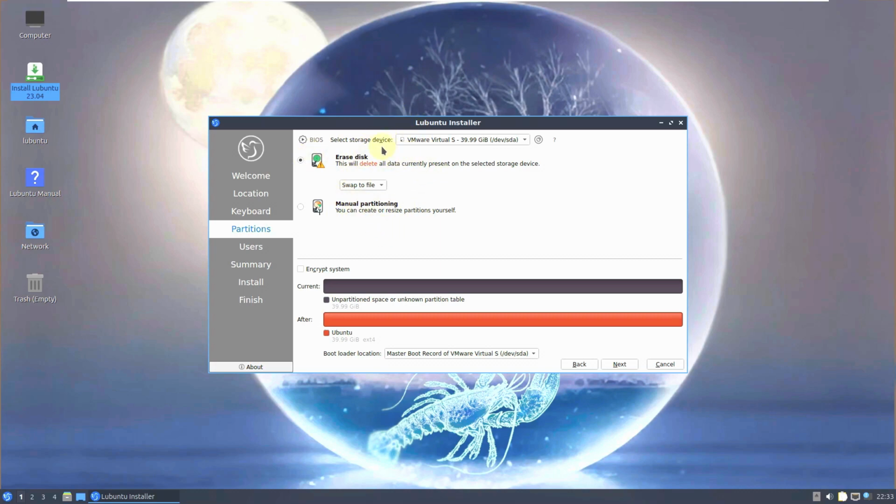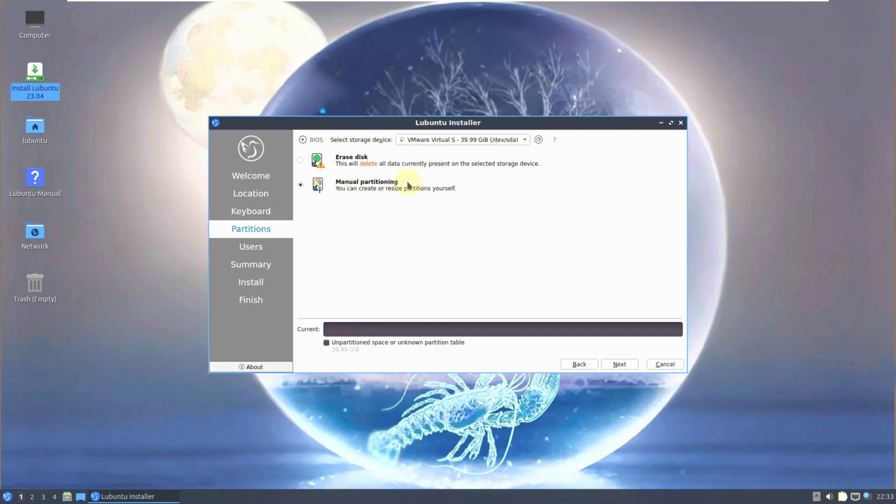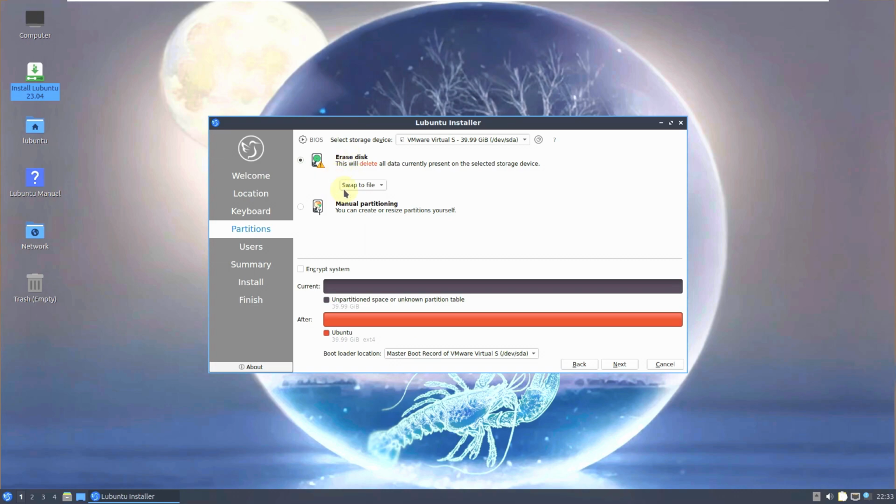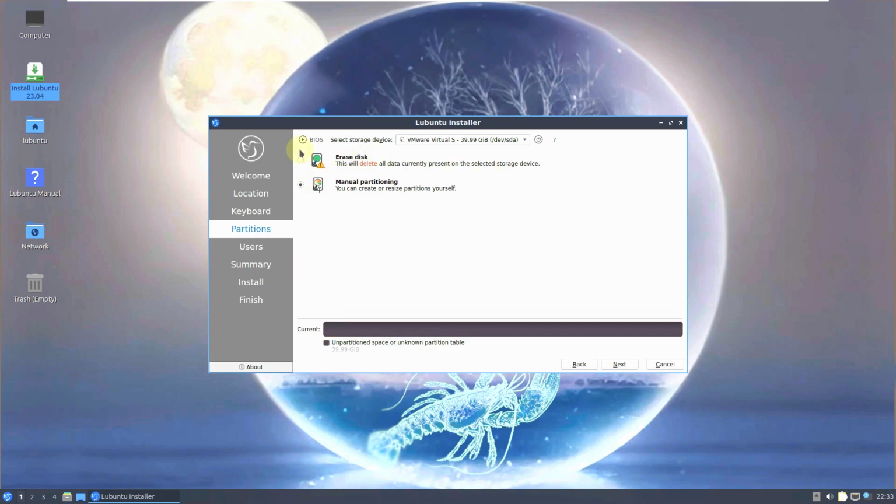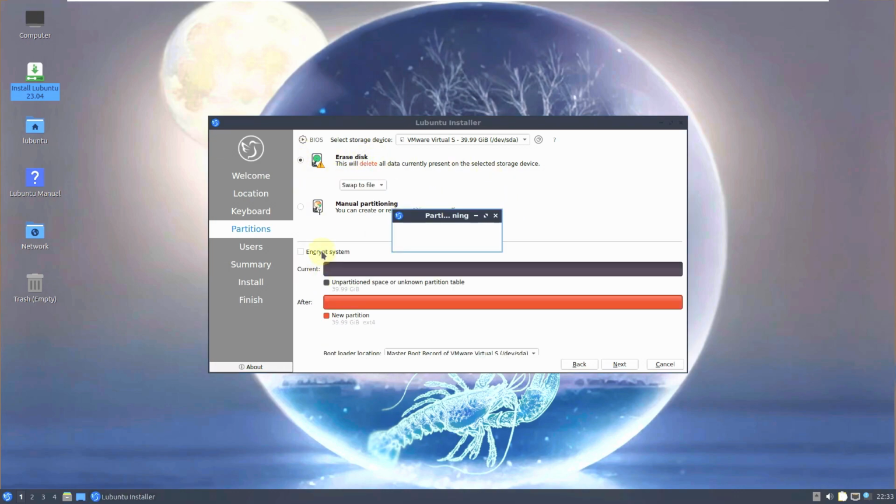So this is to erase everything. This is swap, and this is manual partitioning. Manual partitioning is like a dual boot. You can dual boot or do something you want, and you can choose your file size or installation size on where to install. If you're having a single hard drive, I think you have guessed what I'm saying. So I'm going to choose erase disk right now. If you want to encrypt,